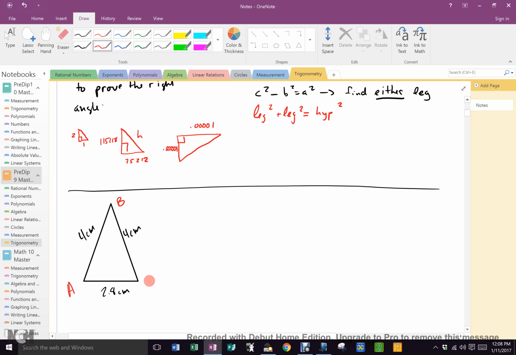A, B, C. Corners, which are really called vertex, not vetex. A corner is a vertex. This has 3 corners, so it has 3 vertices. Because vertices is the plural of vertex. Like the plural of index is indices. And the plural of appendix is appendices. All right? 3 vertices. We label them